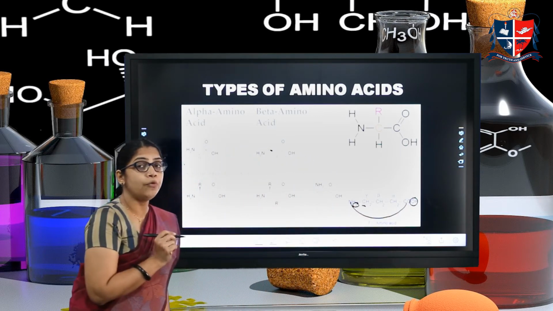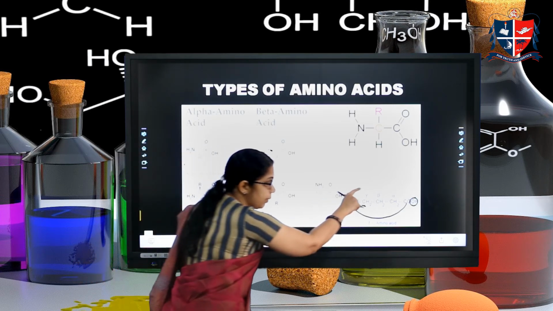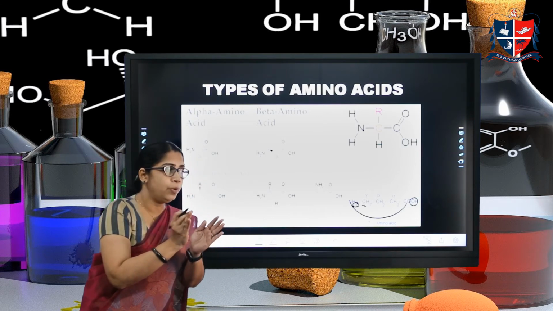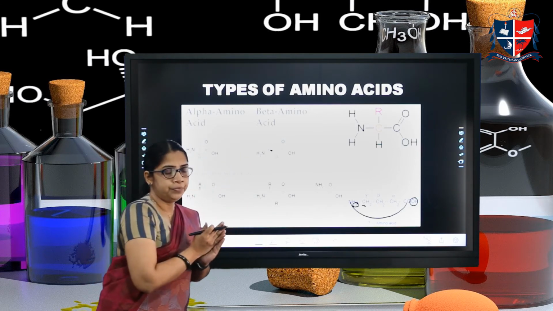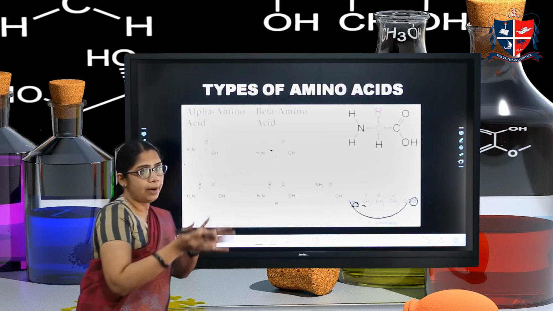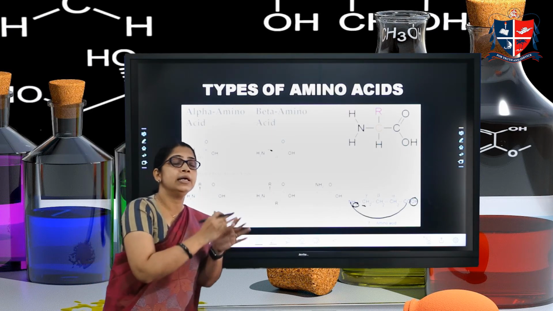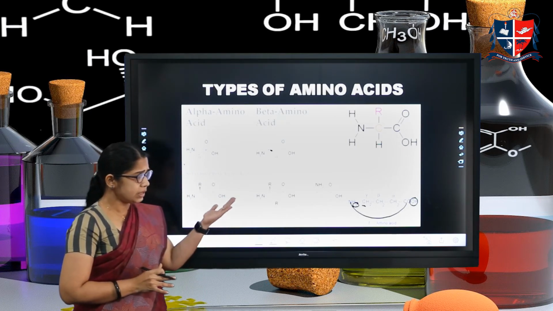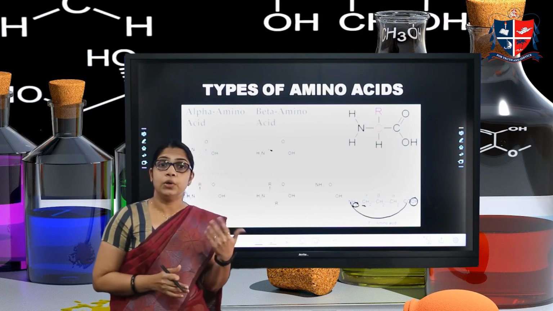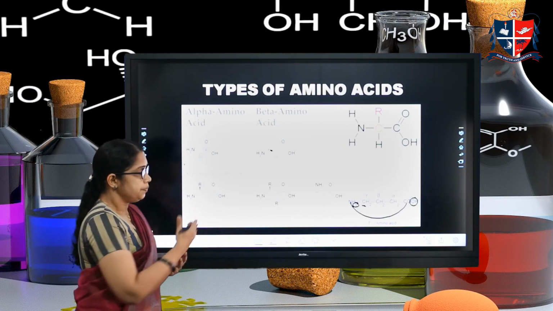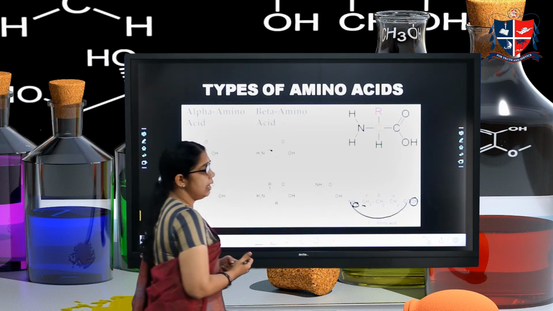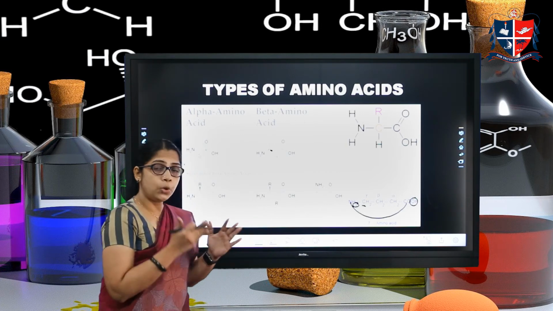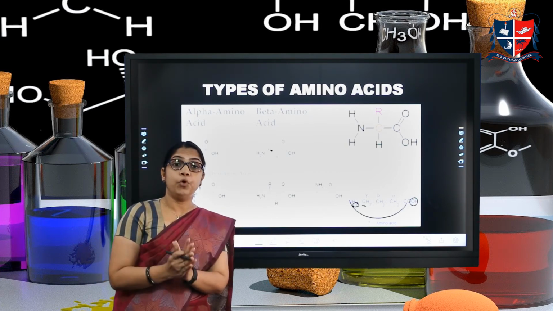That is, an NH-CO bond will form. That is an amide bond, and it becomes a cyclic ring. This NH-CO bond, the amide bond, now becomes a part of that cycle. So the resulting product will be an amide, but it is an internal amide, because that amide now becomes a part of the ring. This type of internal amide is called a lactam. So a gamma amino acid on heating leaves a molecule of water and forms a lactam.